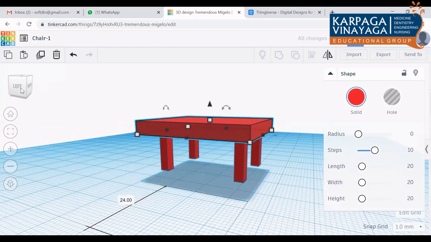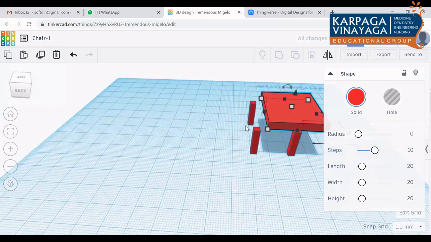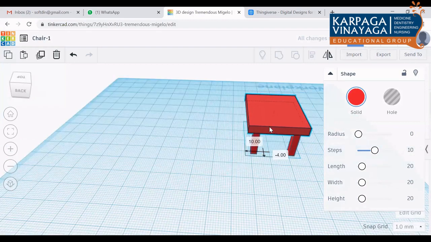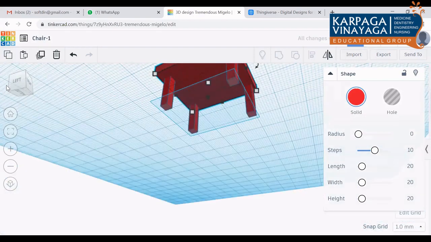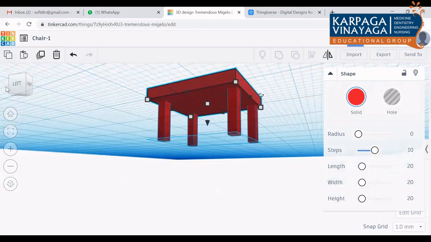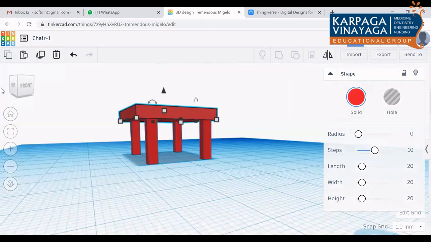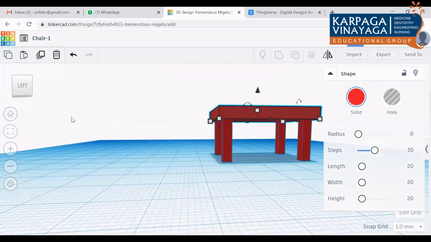And just you can rotate and you can see whether it is seated properly or not. Okay, fine.